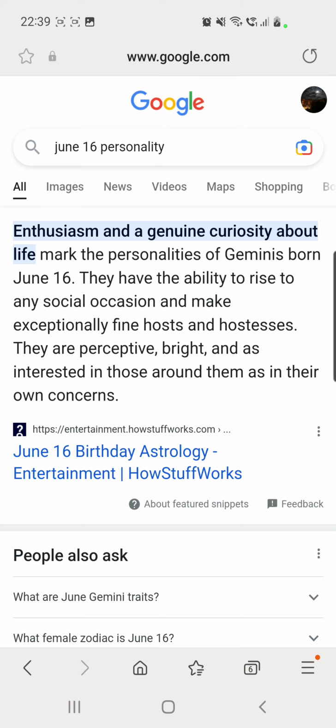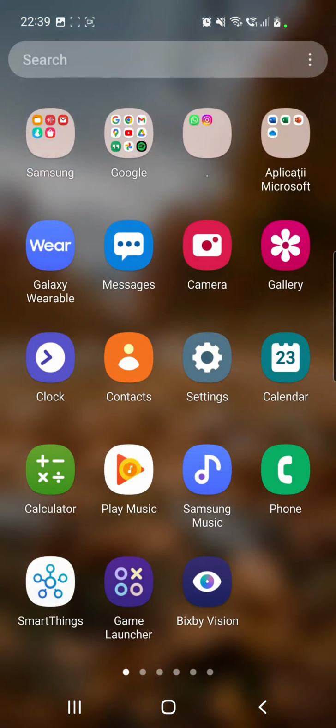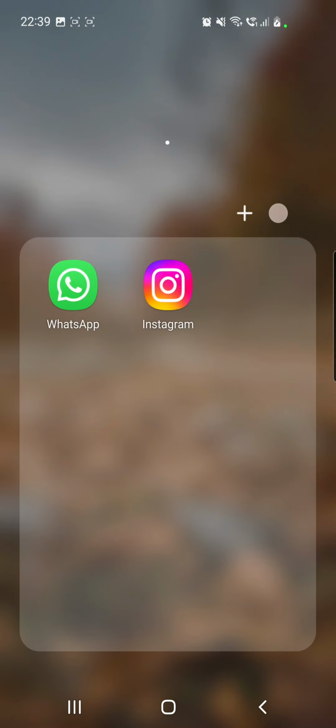And now you have to screenshot this text, which I will do right now, and we will use this on Instagram. So now the next step is going to your Instagram app,